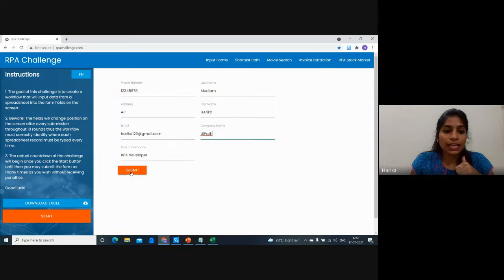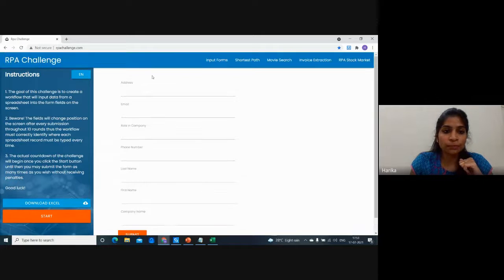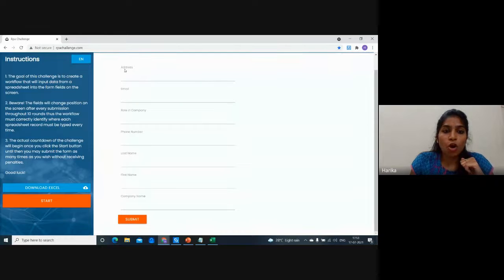But let's say I click on submit. You just observe clearly over here, first I have phone number and last name, and the format is in this way, and I'm going to click on submit. And you just have to make sure if you have the text boxes in the same manner. So if you just see, once after I click on submit, all the details are changed, right? So initially we have phone number over here. So in this case, do you think your robot will fail or it will work? Let's see how we can do that.